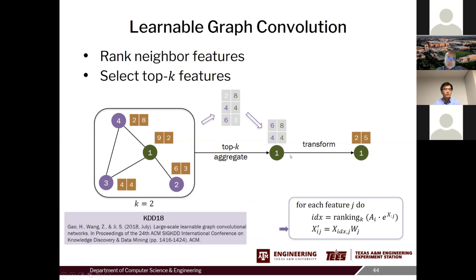So what we have been trying to do is enable the learning of these weights. In this KDD 2018 paper, we try to do top K selection. So for this node, we simply put all these feature vectors in a matrix, and we do top K selection. We select the top K largest features. In this case, 4 and 6 survive in the first feature, and 8 and 4 survive in the second case. So we select a fixed number of features, then we do one-dimensional convolution on this selected feature. Then we do a transformation. So this will enable the learning of the weights in the context of graph.